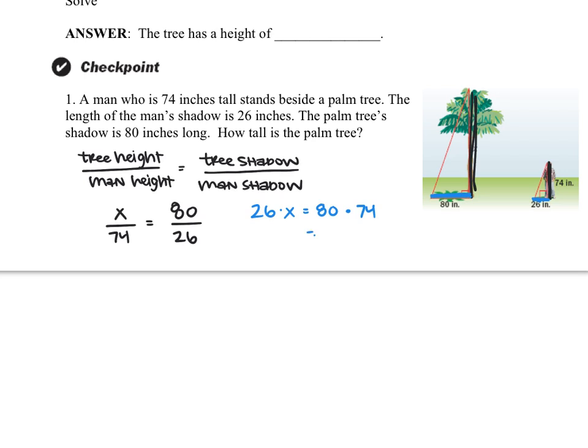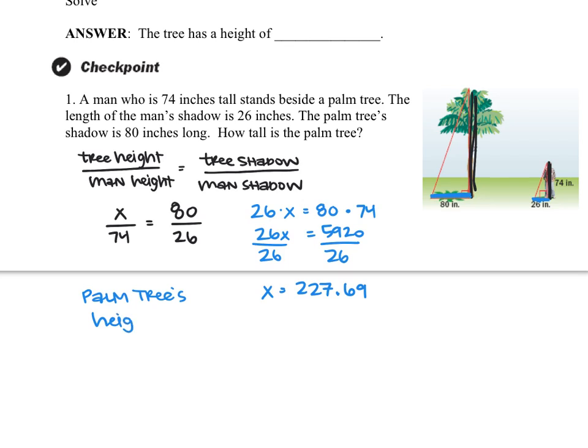80 times 74 is 5,920. Divide each side by 26. And I get that x is 227.69. Again, we always round to the nearest hundredth when necessary. And so my final answer here would be that the palm tree's height